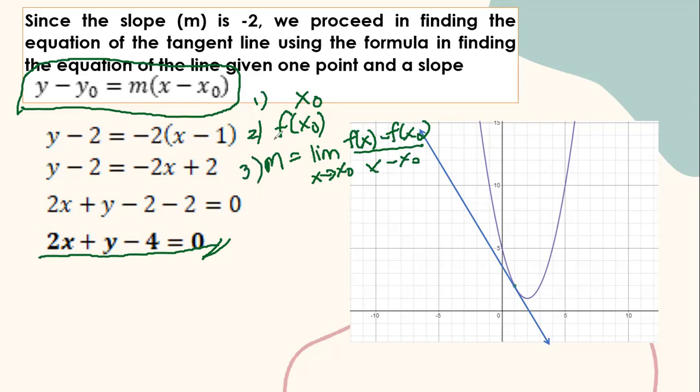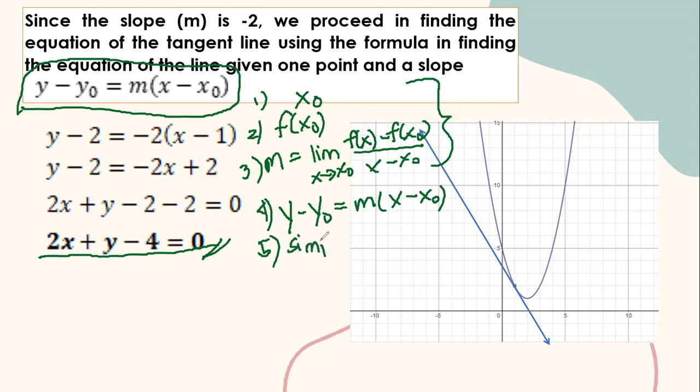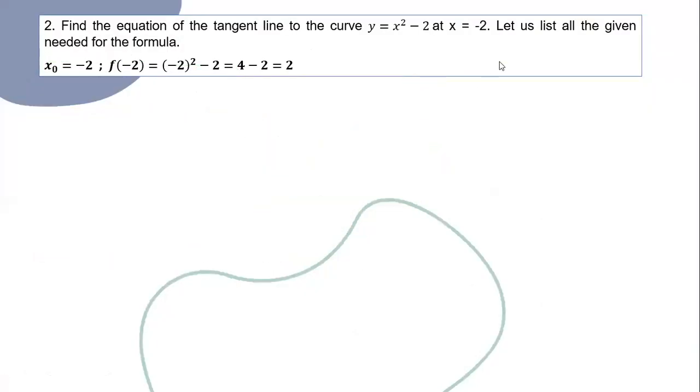Next in our process, we have already gotten these three. Okay. So we substitute them into the point slope form. Okay, and then simplify. So that is the process of finding the equation of the tangent line to a curve at a given point. So let's have another example so we don't get confused. Okay? So another example,